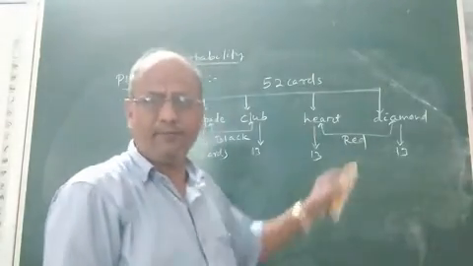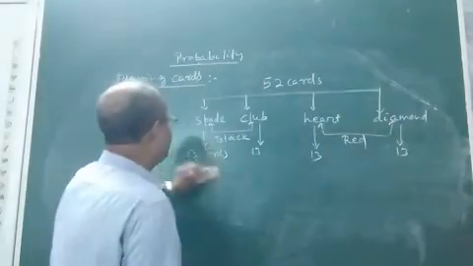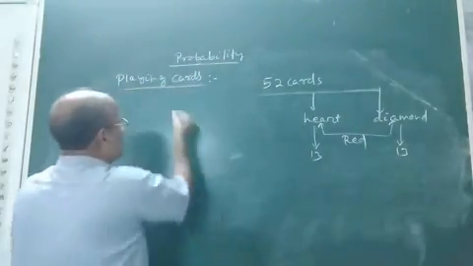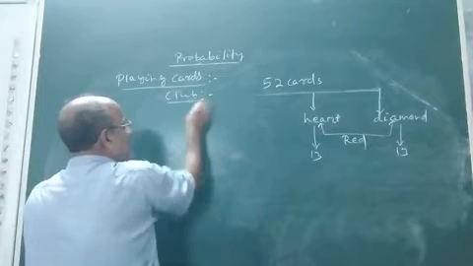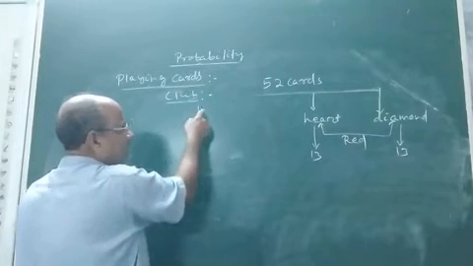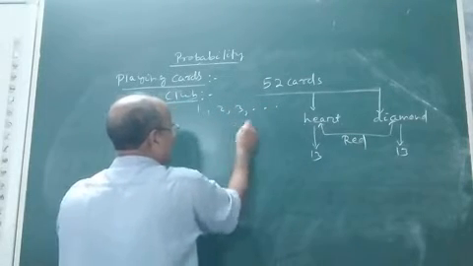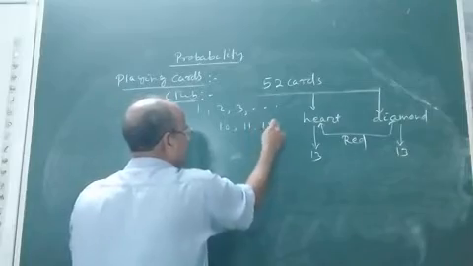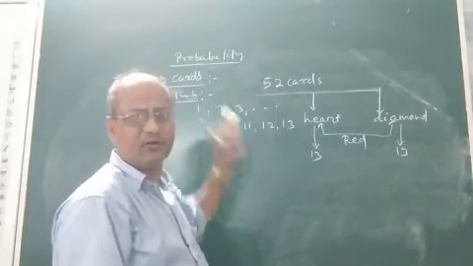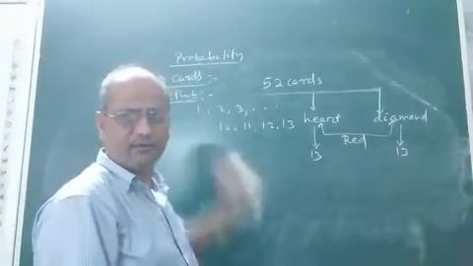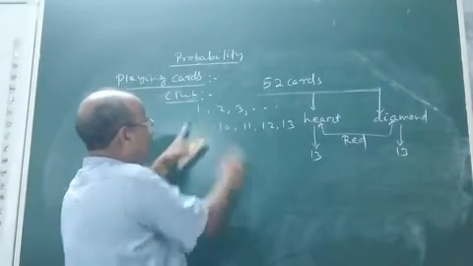Now, how have the different cards, all the 13 cards, been named? They are named in this manner. Suppose we consider club. Let us consider club. It is black in color, so what are the cards? Card bearing number 1, card bearing number 2, card bearing number 3, then up to card number 10, 11, 12 and 13. You see, 1 to 13. These are 13 cards which belong to the suit club.